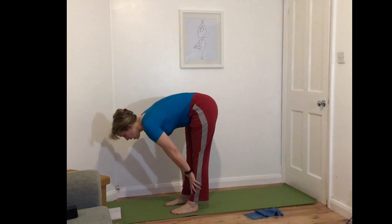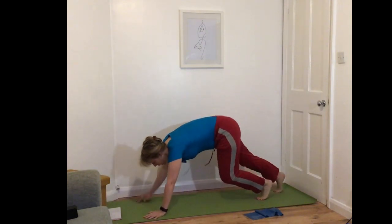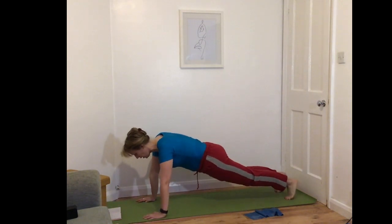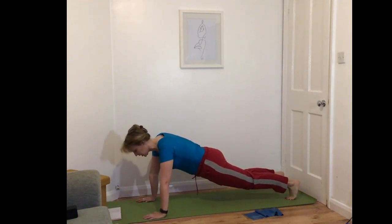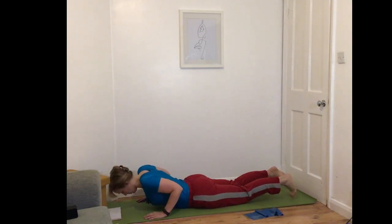Halfway up. Exhale, palms on the mat. Step back into a plank pose. Hover here. Just staying in plank for a second, or two, or three, then take a vinyasa, bending the elbows,